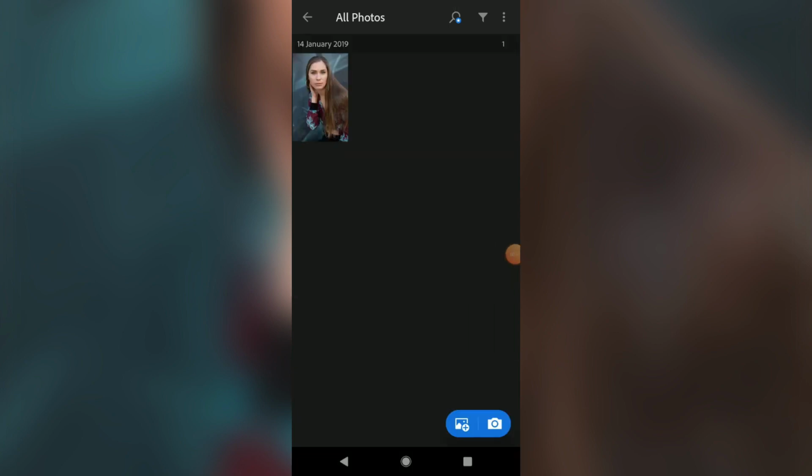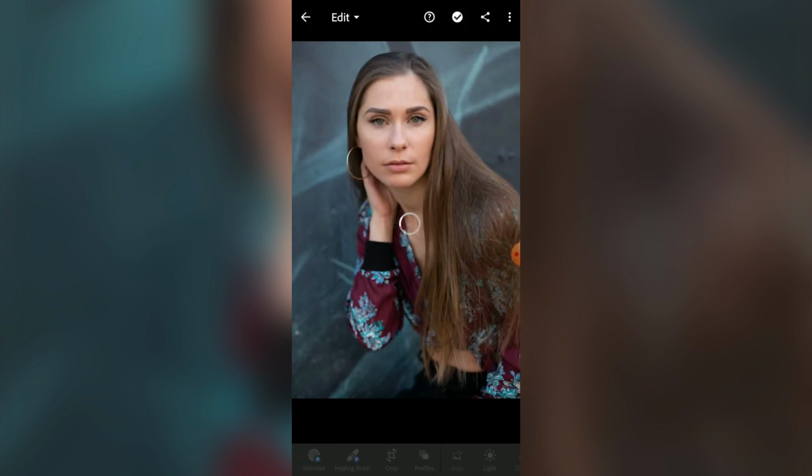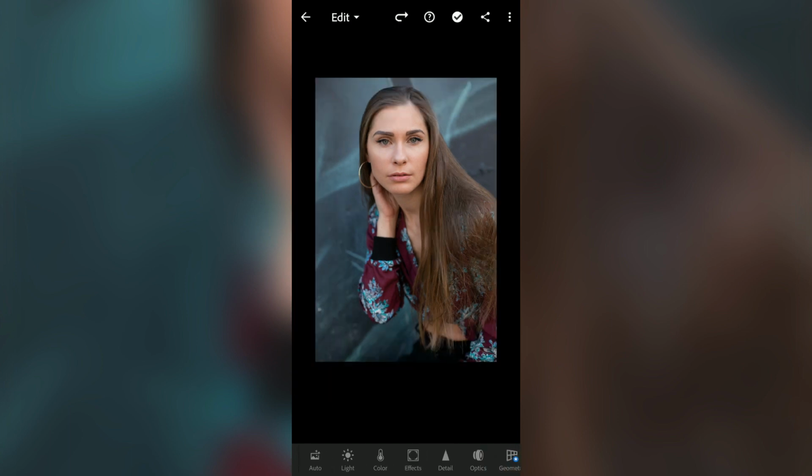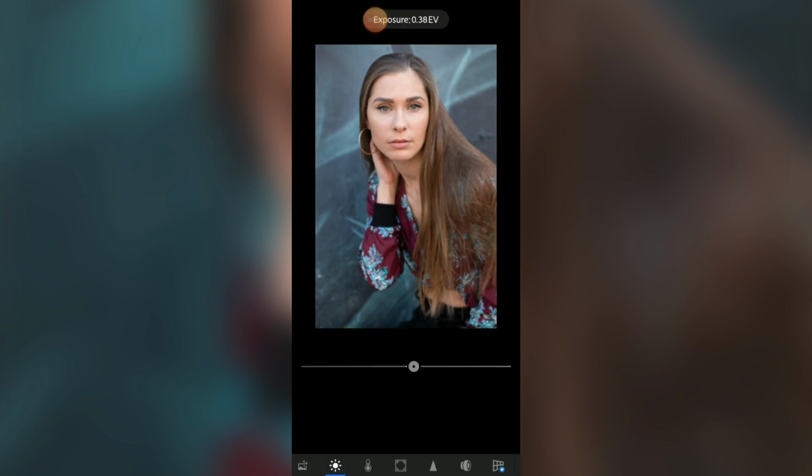So after importing, open up the photo, and down here you will notice there are editing tools. So we have our lights, colors, effects, details and optics. So the first thing you need to do is adjust the light of the image. So click on light and adjust the exposure to near about